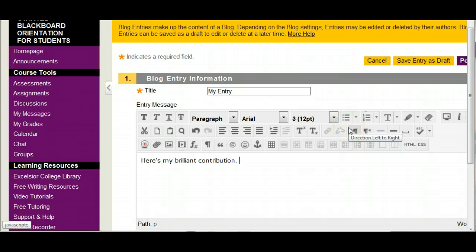So blogs are very similar to discussion boards. Sometimes they're a little more personal. It kind of depends on the purpose of the assignment. And one other way to communicate is through a wiki. And we're going to end it with that. And we're going to go to the